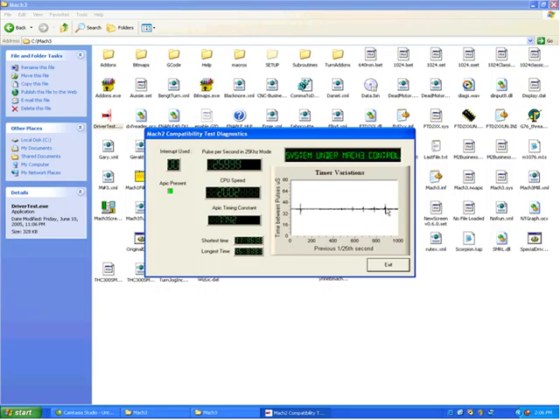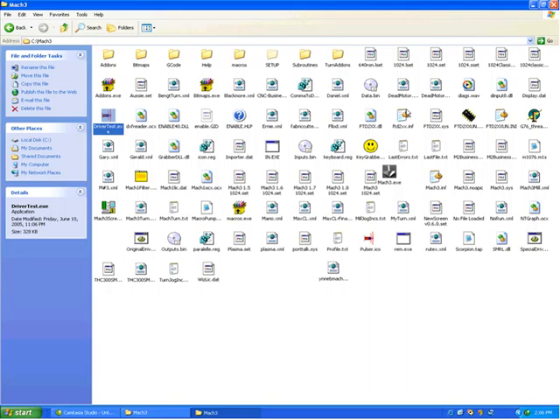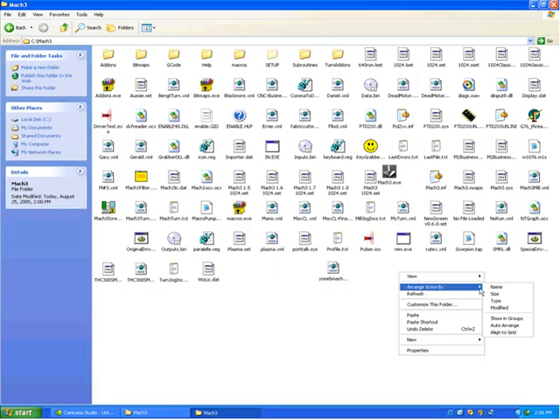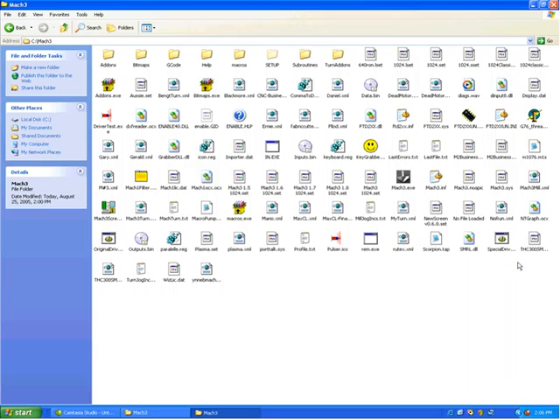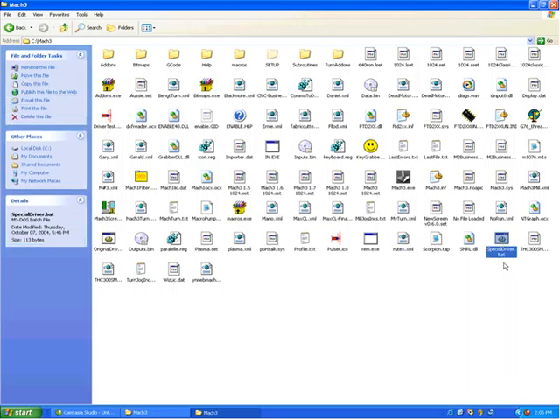If that should happen to you, there is a file called specialdriver.bat, which should be in this system somewhere. I'm going to arrange the icons by name so we can find it easier. There it is right there, specialdriver.bat. If you run that file, it will switch a new driver into the system. So after your computer has crashed on you, reboot it, come back to this folder and double-click this icon. It will very quickly open a box which switches to a special driver. When that occurs,